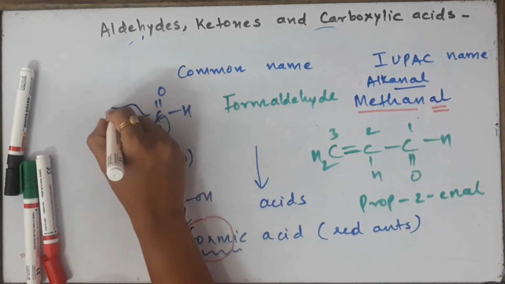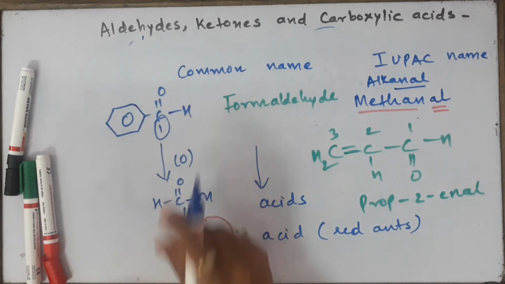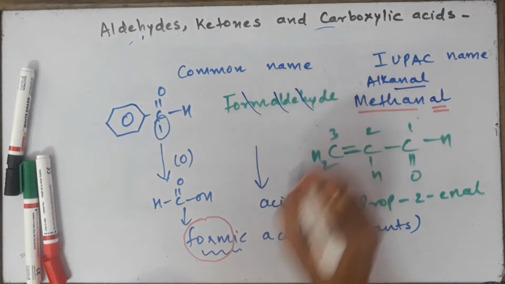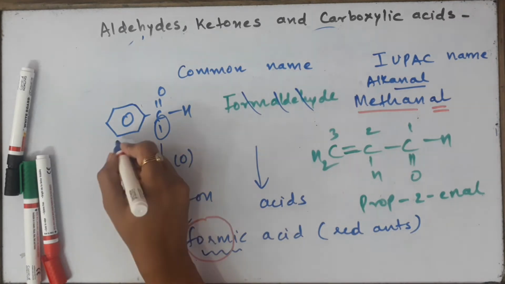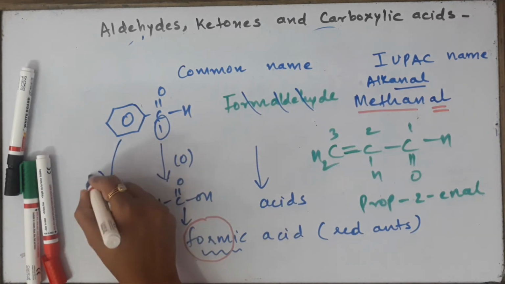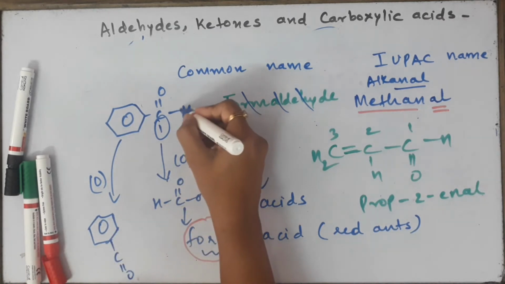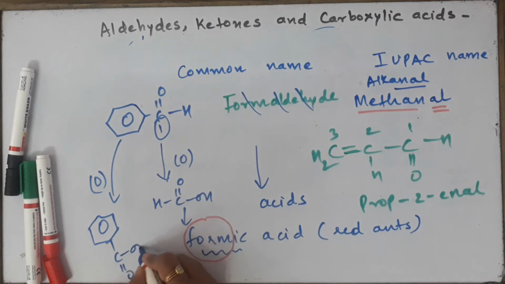In the same way, children, you can understand, we can just put a benzene ring over there and that becomes your aromatic aldehyde. When I write this benzene out there, then its name will change. Now, since this compound upon oxidation is going to give me benzoic acid, and oxidation means you just have to add oxygen over here, okay? So you get benzoic acid.